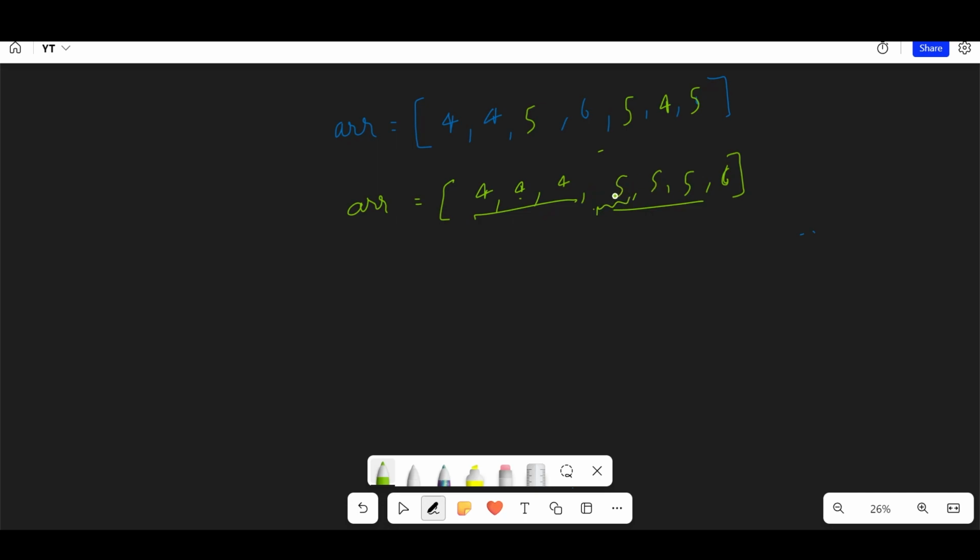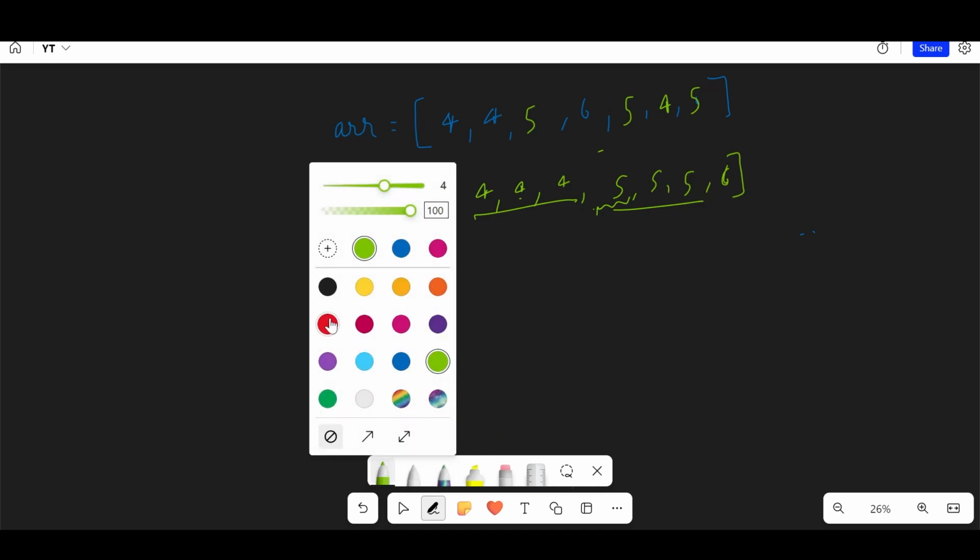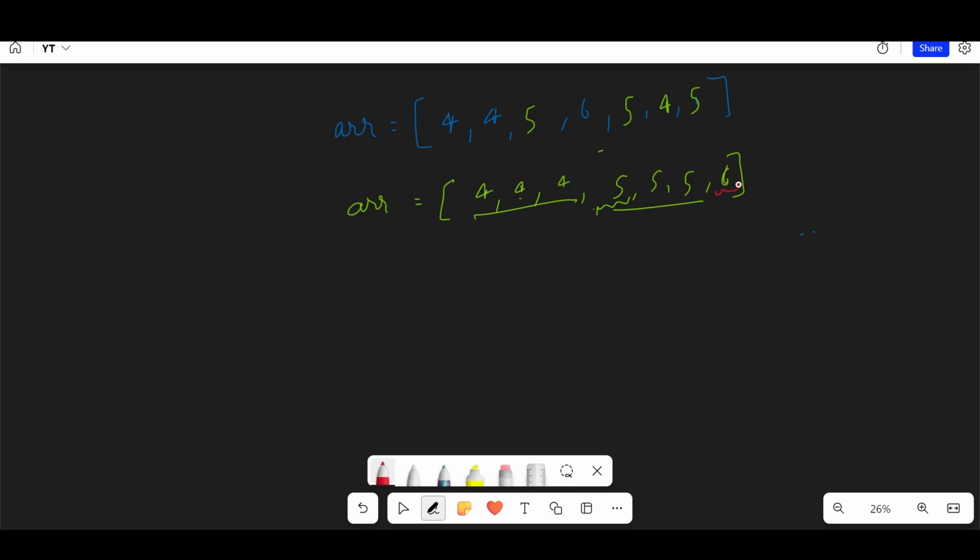Then we'll again check for these elements as well. Again, 5 is equal to 5, which is equal to 5, right? So it will move on. Now, I will come over here. I will come to this element right here. Now here we can't apply that same condition. The reason being is that if we apply the same condition as a of i is equal to a of i plus 1